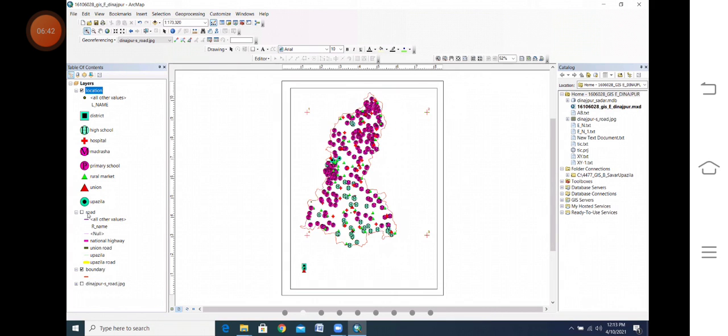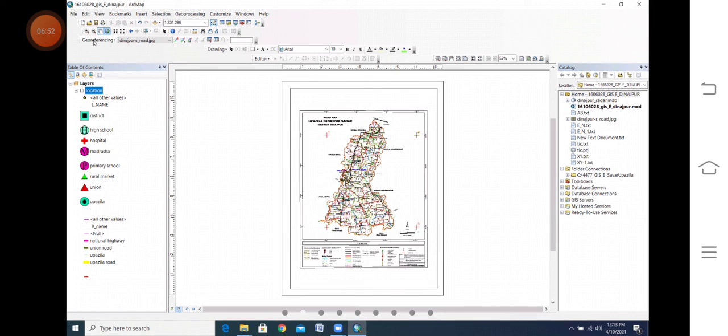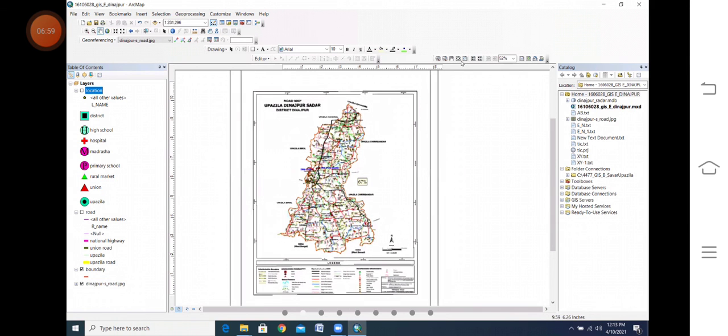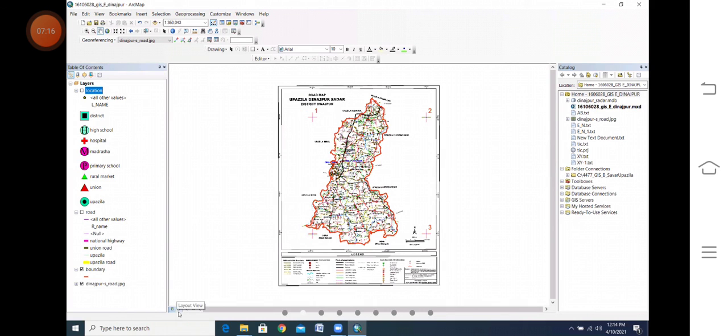If you look at your first item, the JPG, please look at the screen. When you open the layout view, there is another option. One is the data view and another is the layout view. Look at the right side below.